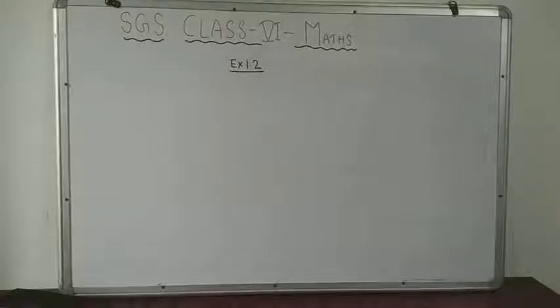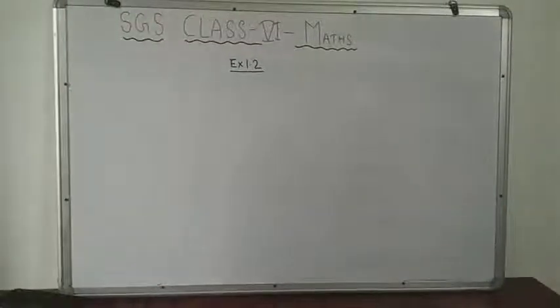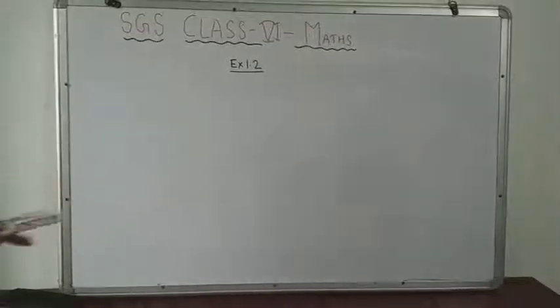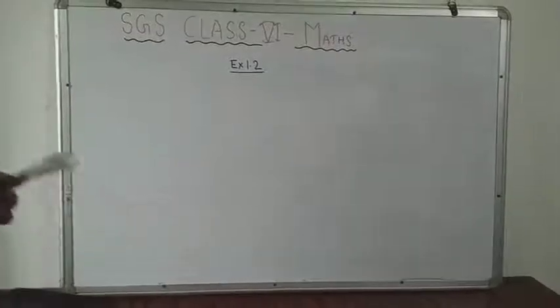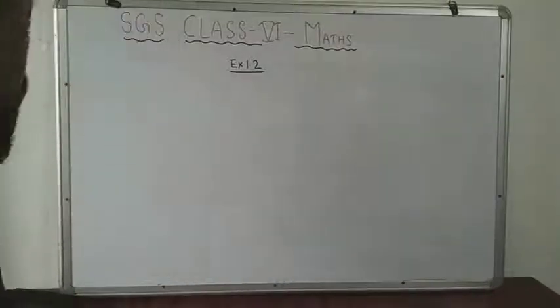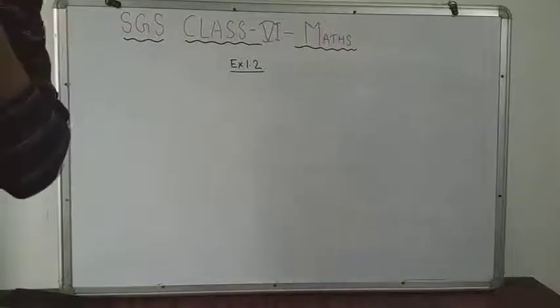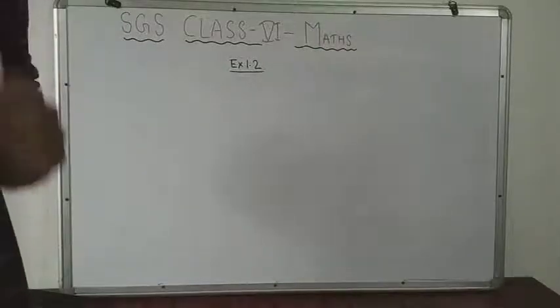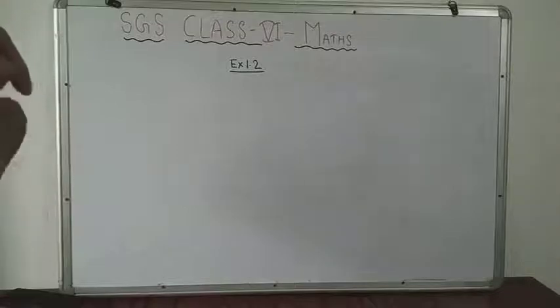Okay students, I hope many of you found difficulty while solving the place value problems. So in exercise 1.2, I am going to solve some questions which many students write down wrongly. First of all, I have already said to you that you have to learn the Indian place value chart and the international place value chart very well. If you don't learn it, then how can you represent the number in its proper format?